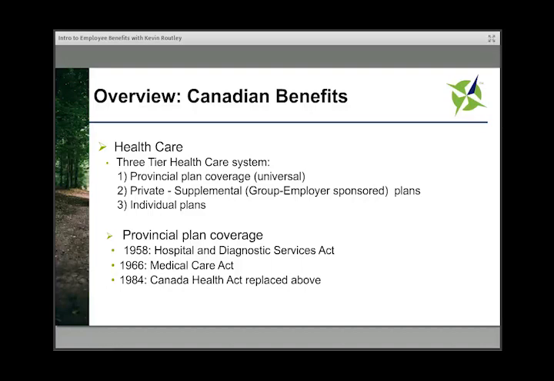Originally, when it was implemented, there were only 5 participating provinces, but by January 1 of 1961, all 10 provinces were enlisted. The federal funding was coupled with terms and conditions brought forward from the Saskatchewan Hospital Services Plan as the first universal hospital insurance program in North America. So we should be proud as Canadians that your benefit program supplements something that's for the greater good. In 1966, the Medical Care Act came into effect.